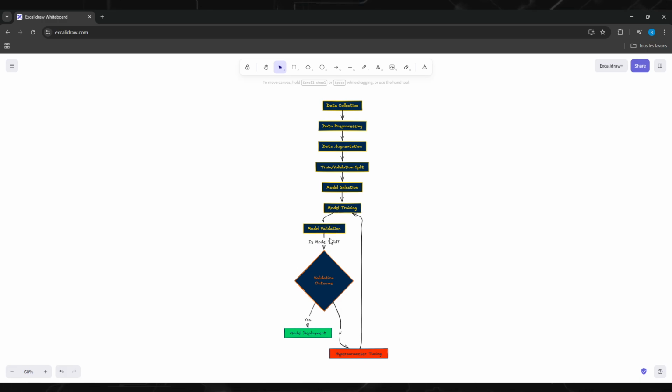Then it gives two ways with a loop, model validation. If the validation outcome is okay, we go to deployment. If it's not, we go to a hyperparameter tuning phase, and then we restart until we meet the validation outcome,